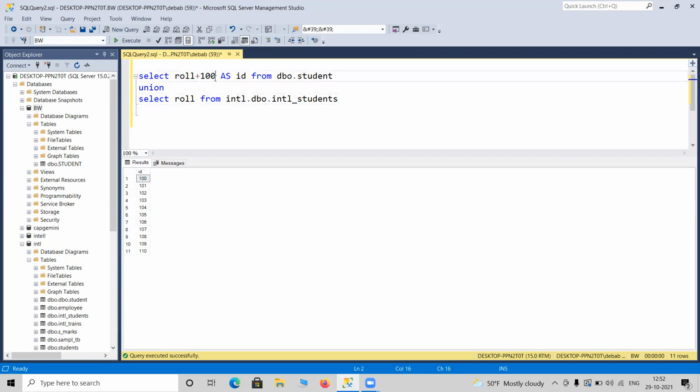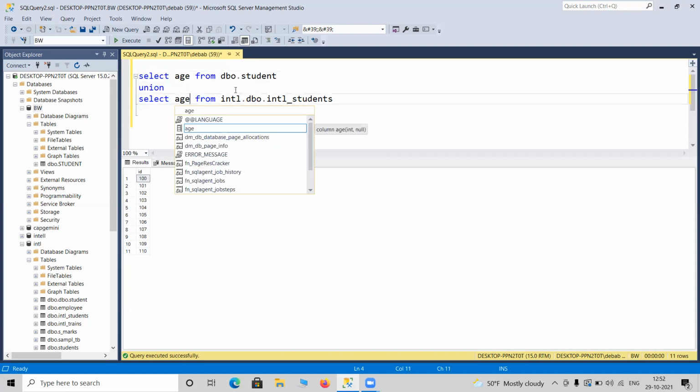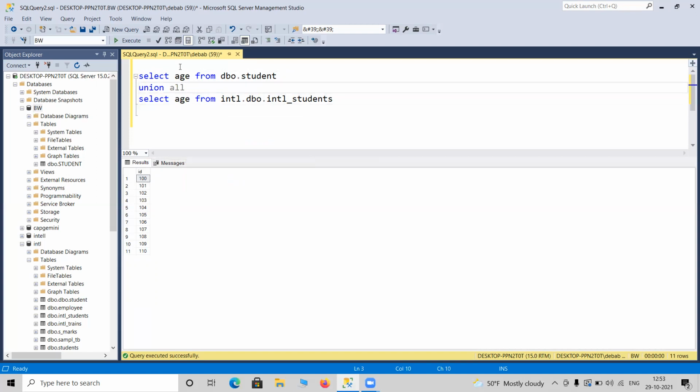You can do the same for other queries as well. Like I can use something like age, and I can use age here as well. If you write union all, it will give age from the first table and age from the next table. Look, here we have 10 records. In the table, if we write select star from DBO student, we have 10 records. So this is 10, and this is coming from the second table.